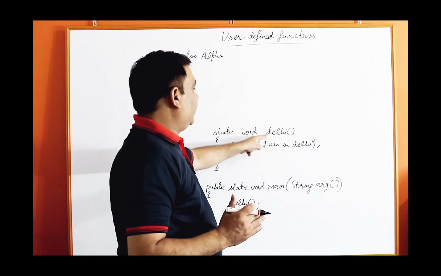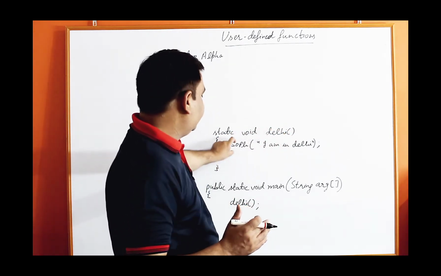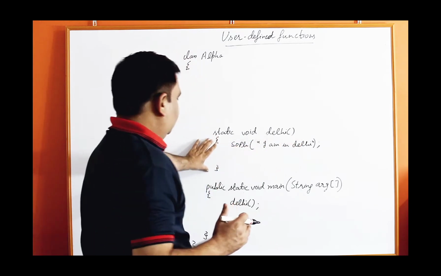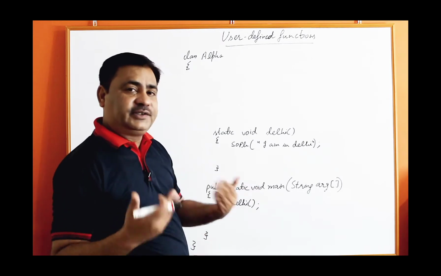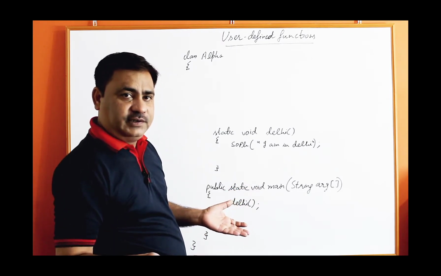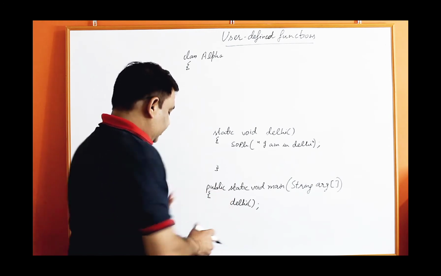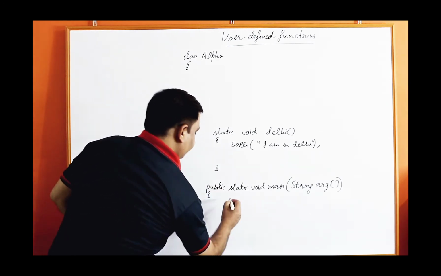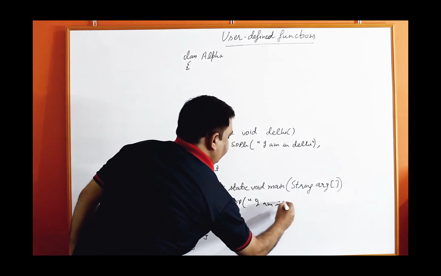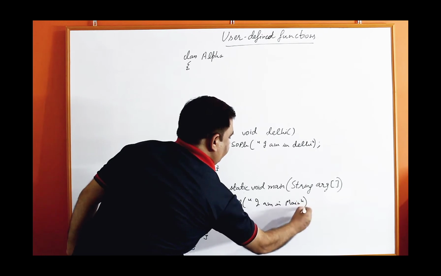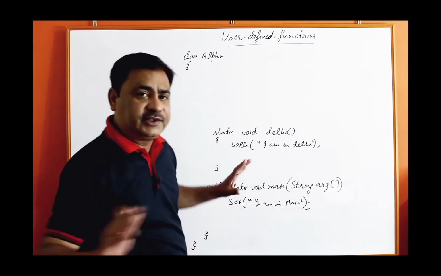this name you can provide any name, XYZ, area, Delhi, any name. I have written a statement, I am in Delhi. When you run this program, the main function will be executed in Java, then this part will execute. First of all, I am writing here, I am in main. When you run this program, only this line will appear, this part will not execute.